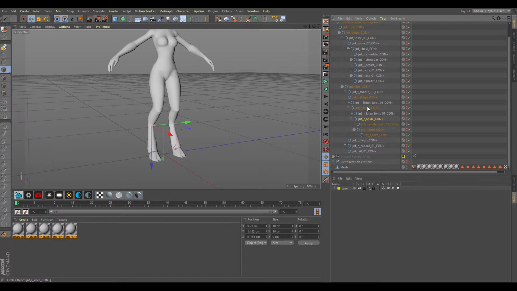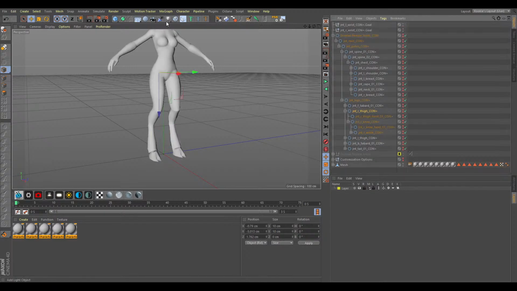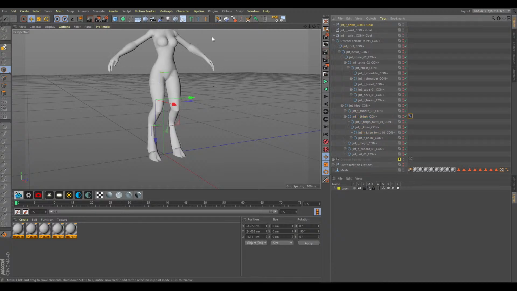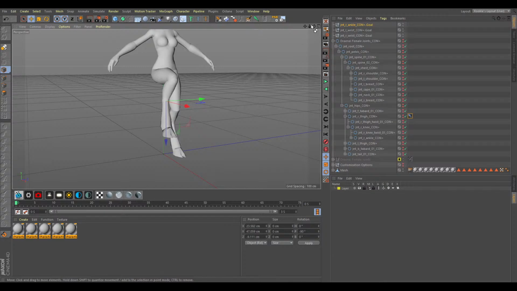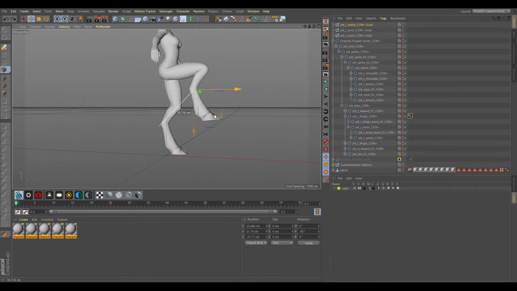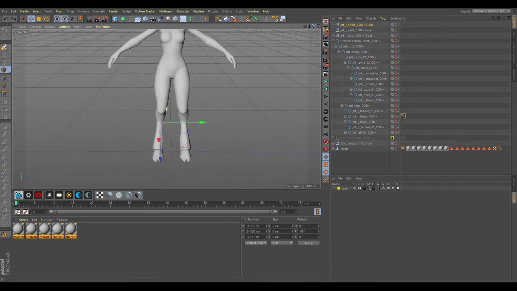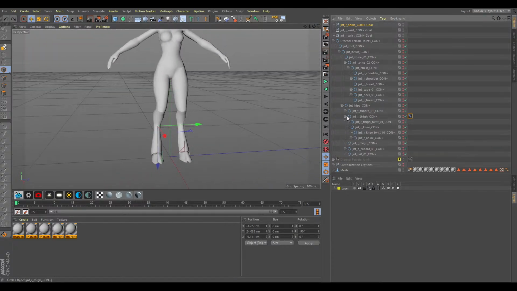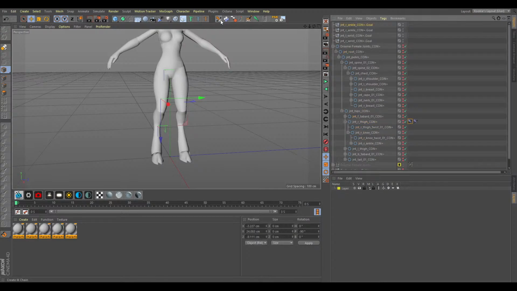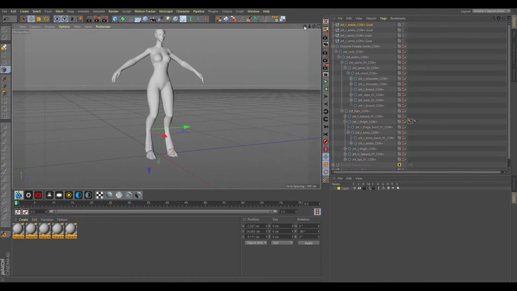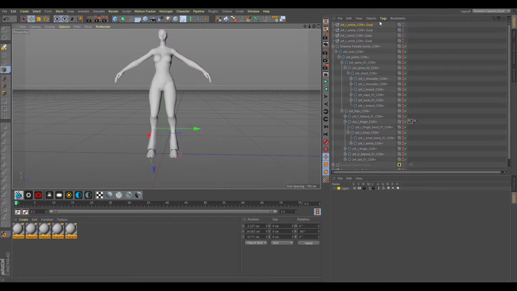So I think we're gonna connect it to this ankle joint right here. Let's see how that looks. Yeah, that looks pretty normal. And again, IK. Alright. So once you have all the IK chains, you're going to want to go to